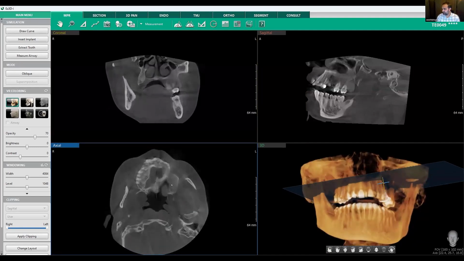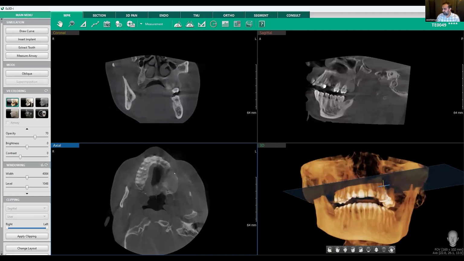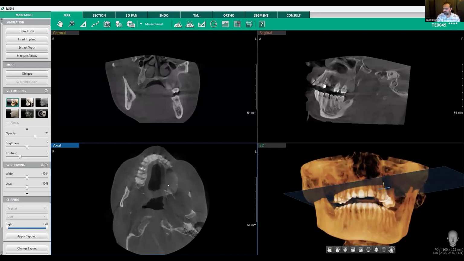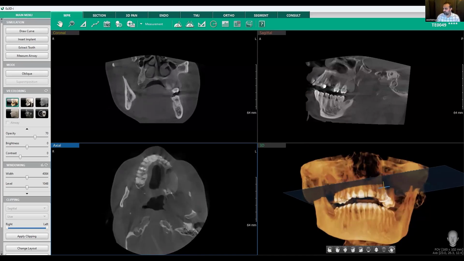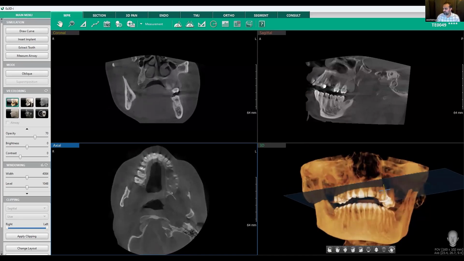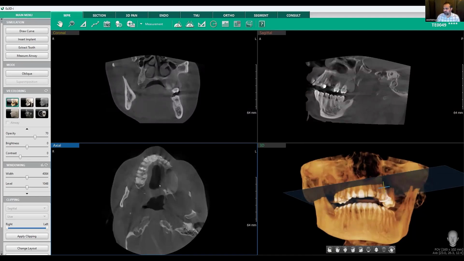In the axial section, we can also see that there's significant expansion of the buccal and linguocortical plates. And we can really appreciate the granular and near homogeneous appearance of the granular internal content. This was a case of likely fibrous dysplasia in the left posterior maxilla. And as mentioned before,